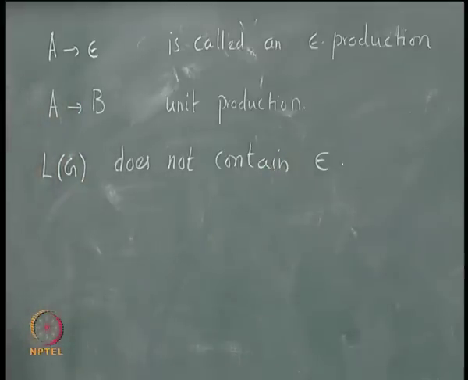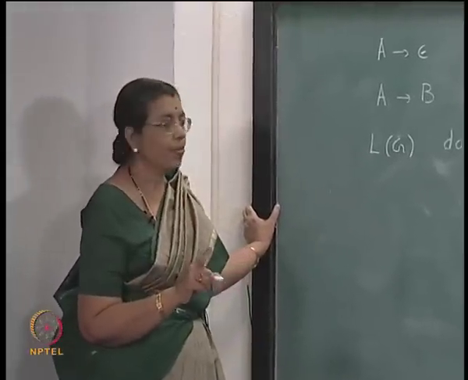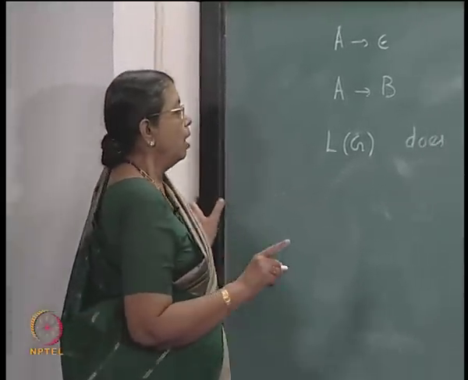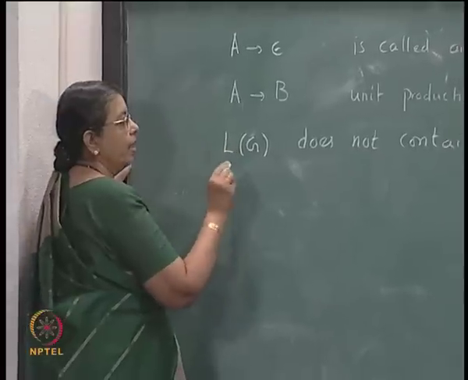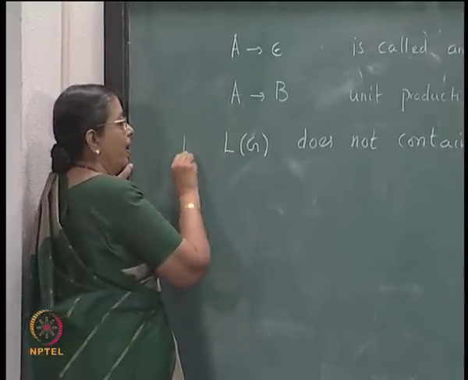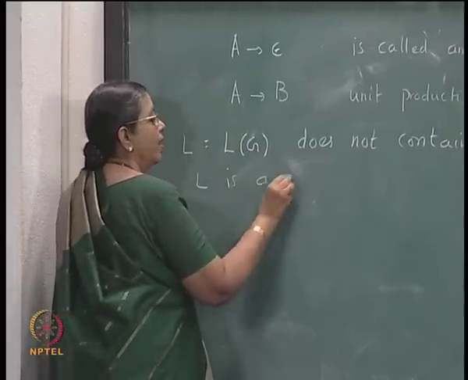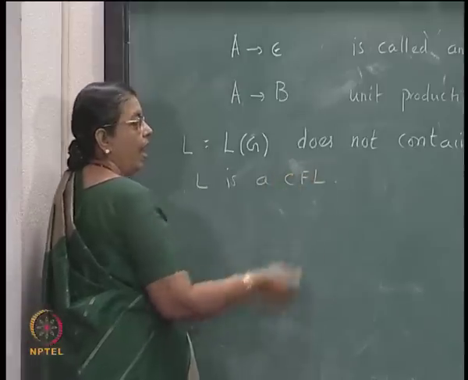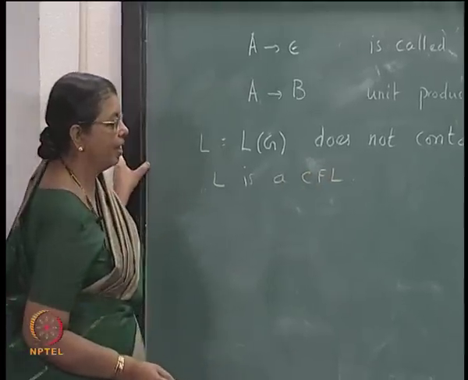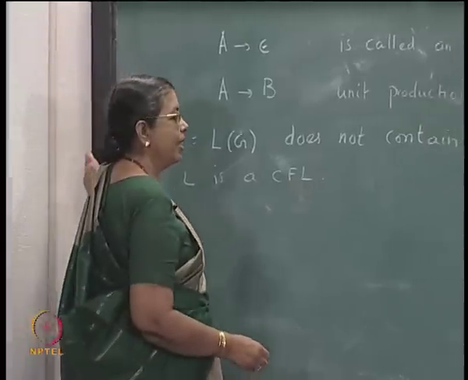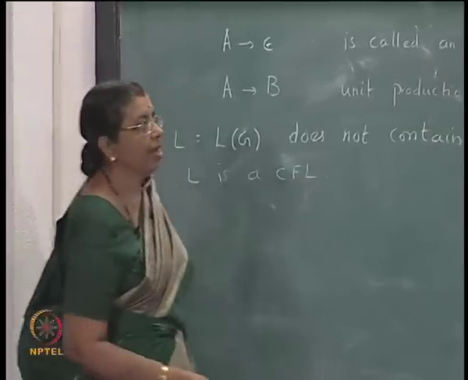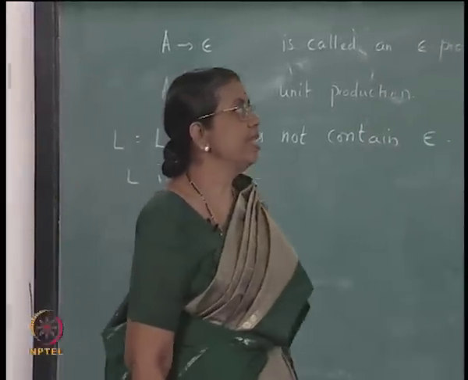You have L(G), a language which does not contain epsilon. If it contains epsilon, we have to do some modification, as I told you. Now, L is a CFL and L does not contain epsilon, then you can see that L can be generated. If L is equal to L(G) for some